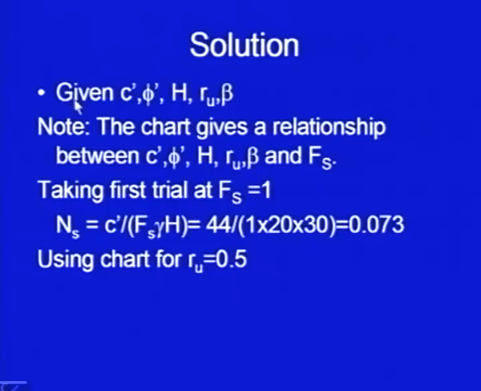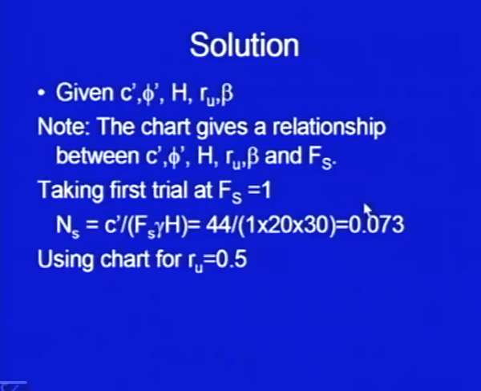Now, in this problem we have been given c dash, phi dash, H, ru and beta. These are the values available, and as I told you, the chart gives the relationship between c dash, phi dash, H, ru, beta and factor of safety. In this case also we will have to take different trials, and we start our first trial with Fs equal to 1. So, Ns is equal to c dash upon Fs gamma H, and this value comes out to be